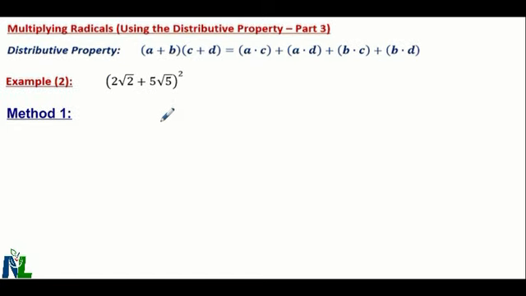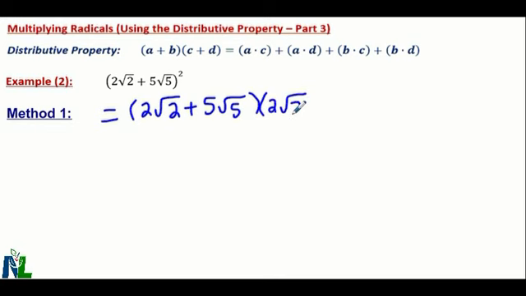In this video, I'm going to show how to use the distributive property to multiply something like this. Now, when you notice, it's got a squared outside the bracket. So squaring means you are multiplying whatever is inside the brackets by itself. Notice the distributive property is listed above, and I want to demonstrate how we can use the distributive property to